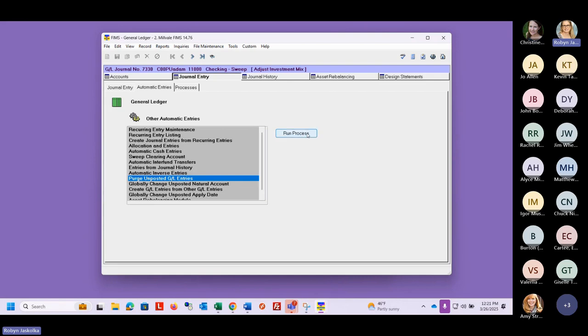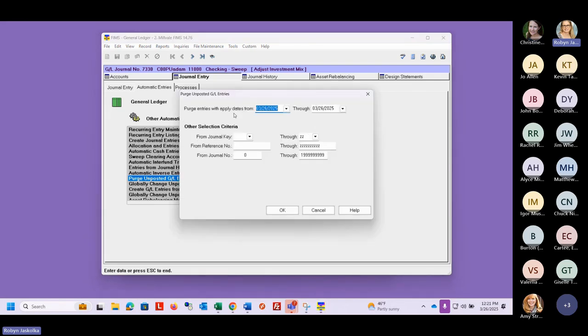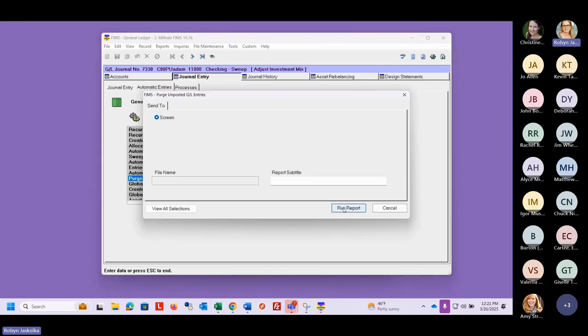So if I go to run process, it's asking me what the apply dates are for the entries that I want to purge, and mine happen to be 8/15/2024, but I also want to filter the actual journal numbers that I want to purge. So I'm sure that only the ones I want to be purged will be deleted. And then when I say okay,